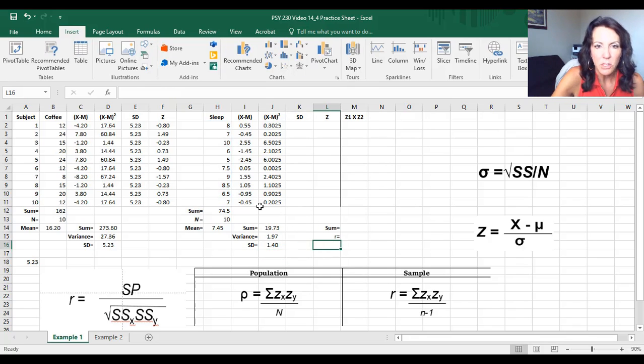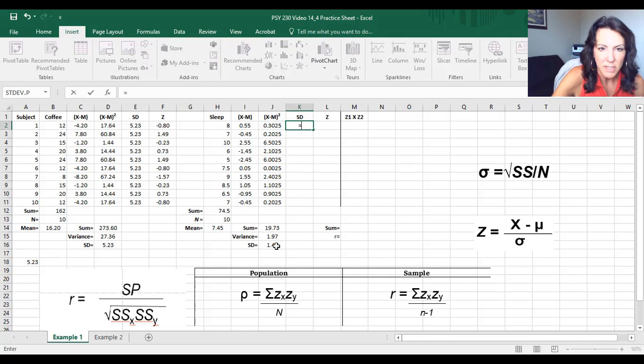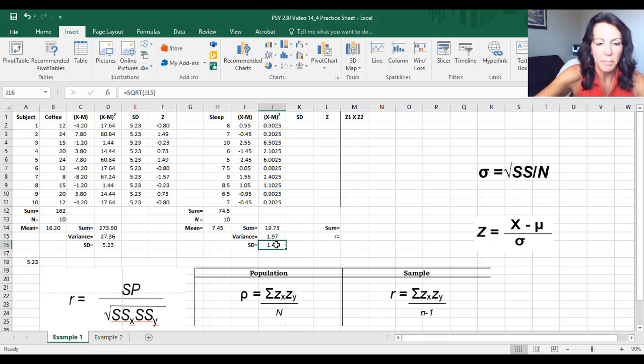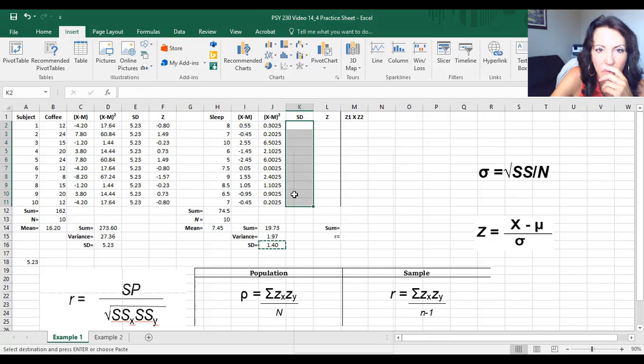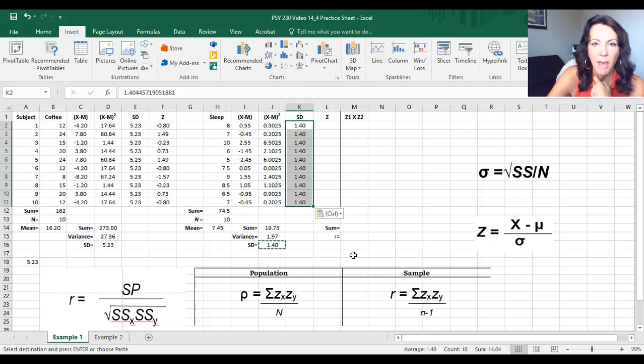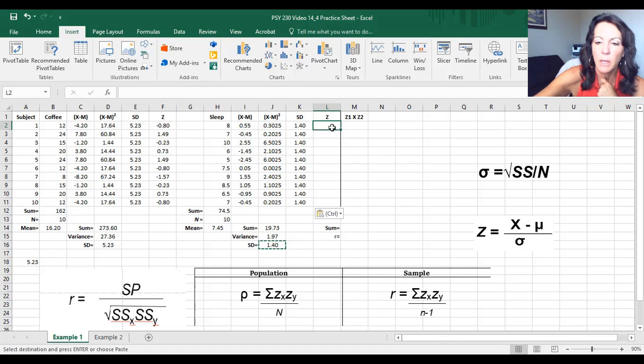So now what I'm going to do, just like I did before, is grab this standard deviation. Actually, I'm going to do it differently. I'm going to copy it, and then I'm going to paste the values. Right click, paste it as values. Okay, so now we have everything we need for the z-scores for this. So we're going to go equals,